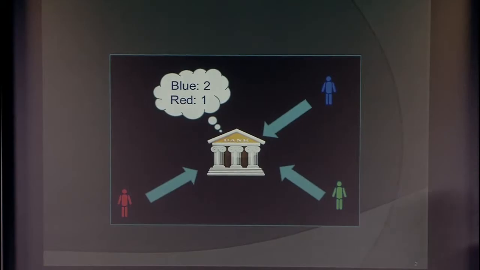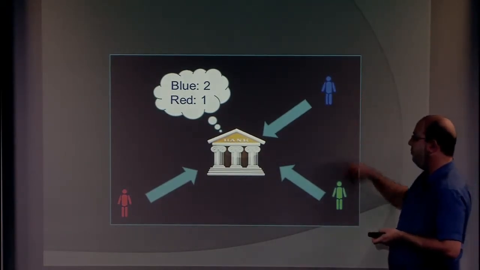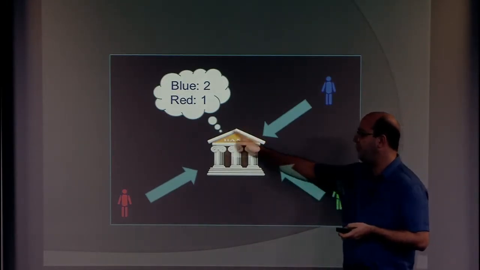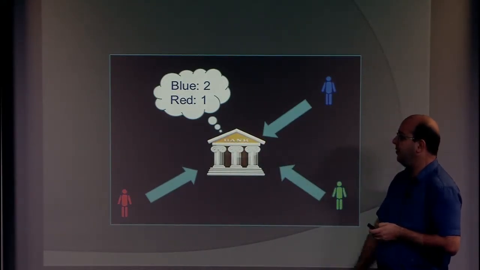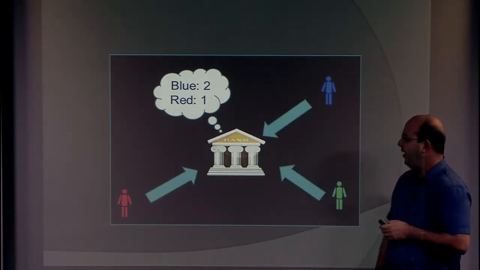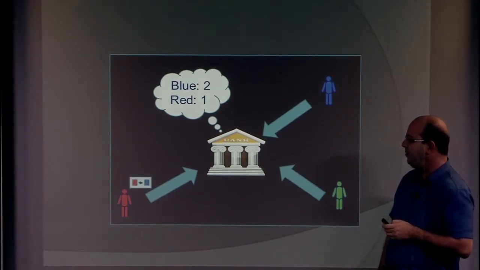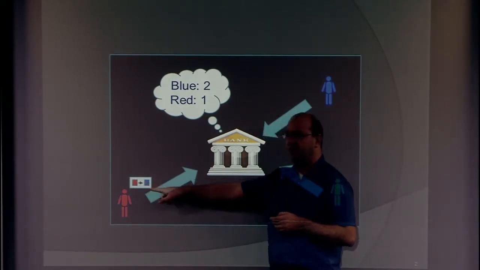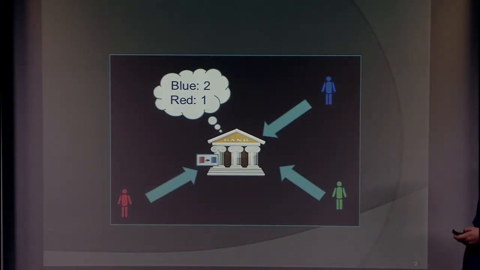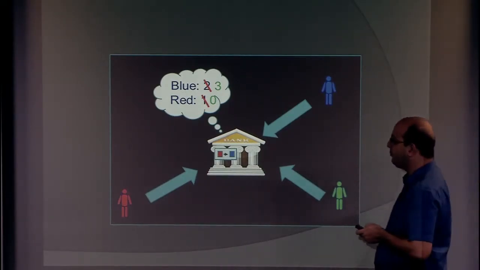Okay. So here's what happens usually when we send money digitally, right? If we have a bunch of people or agents who are interested in sending money to each other, there's usually a bank in the middle, and the bank has balances of everybody's accounts. And when we want to move money, we basically create these messages saying, okay, I want to move money. I'm the red guy. I want to move money to the blue guy. You send them to the bank. The bank says, okay, this checks out. I see your signature. This is very much like a check. And the balances are changed in the account.